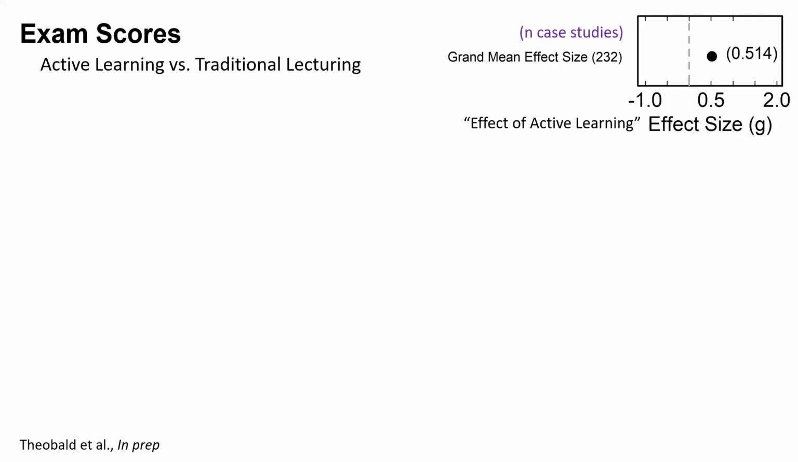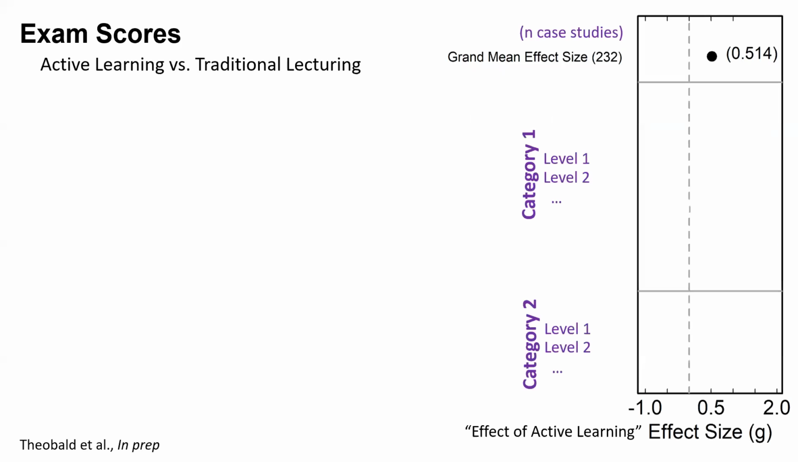all of these combinations. So overall, we see that the effect size of active learning is about half a standard deviation. What this means is that students in an active learning class score half a standard deviation higher on average on this identical exam than students in a passive learning class. And then we'll build out this to cover a couple of different categories with a couple of different levels within